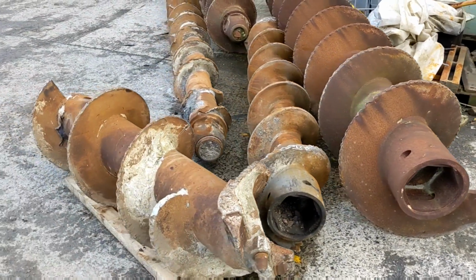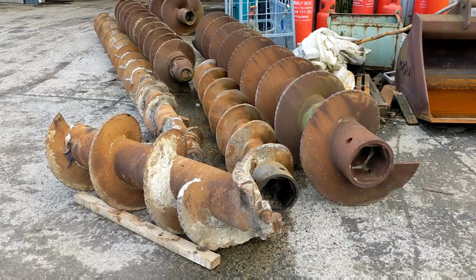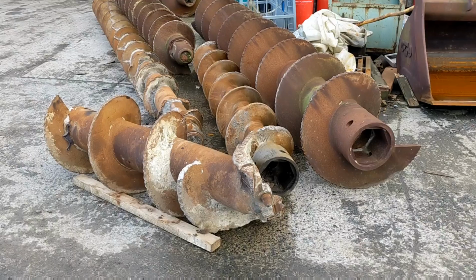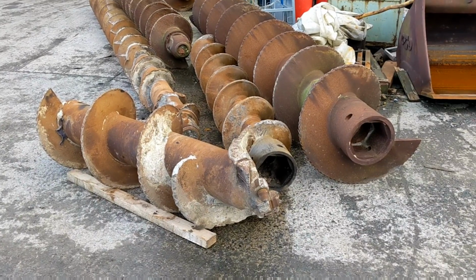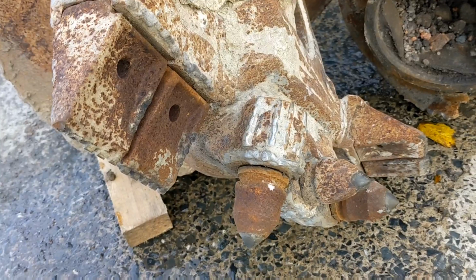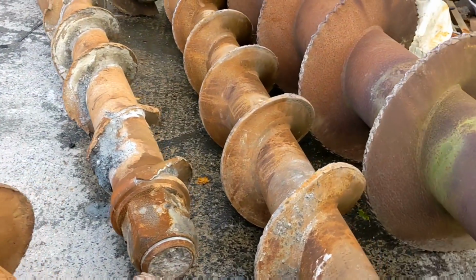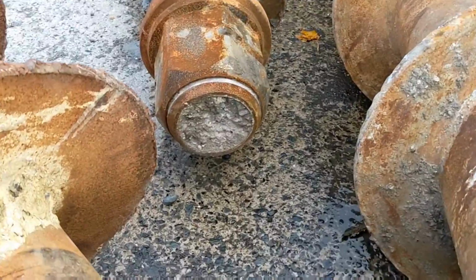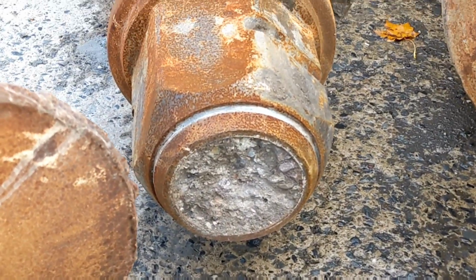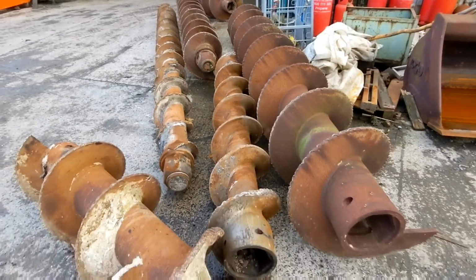Today's latest job: a very large load of piling rig drilling augers. And the issue being they are all full of concrete. I haven't got around to speaking to the owners, but